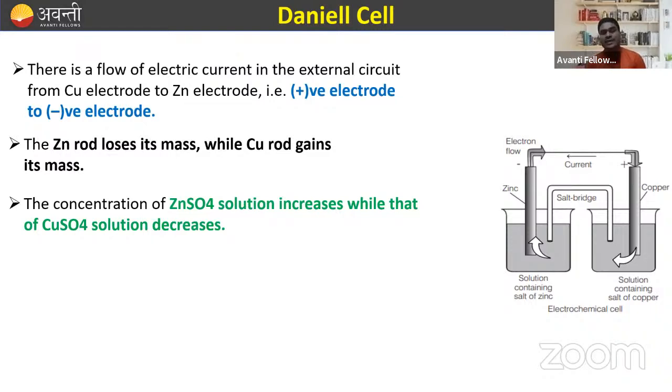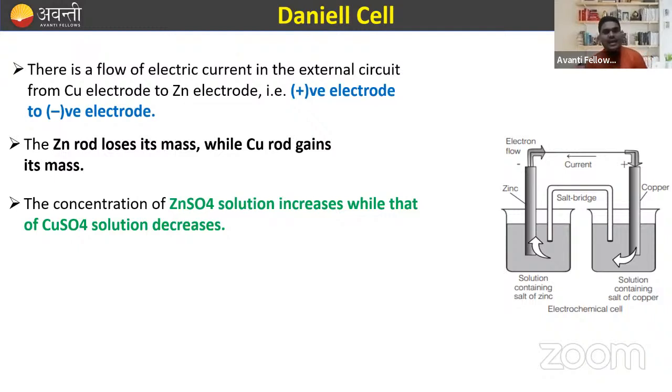So there is a flow of electric current in the external circuit from the copper electrode to the zinc electrode, that is from positive to negative. The zinc rod loses its mass while the copper rod gains its, right. So the zinc rod loses its mass because this is the anodic part, so they start losing their mass, while the copper rod